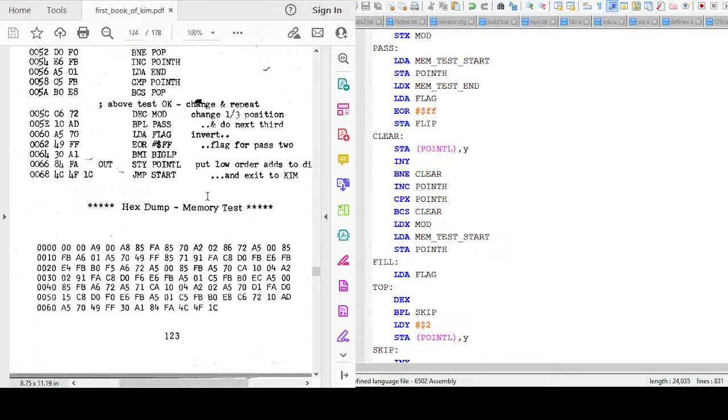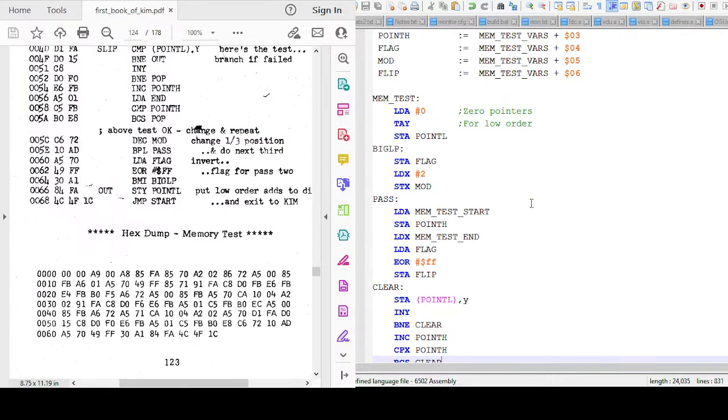So pointer low. And what I'm going to do is change that to